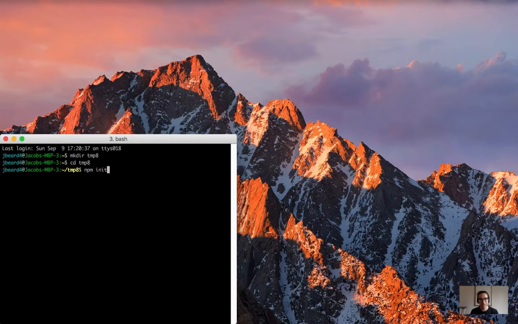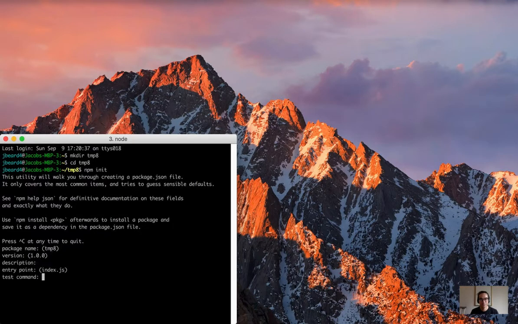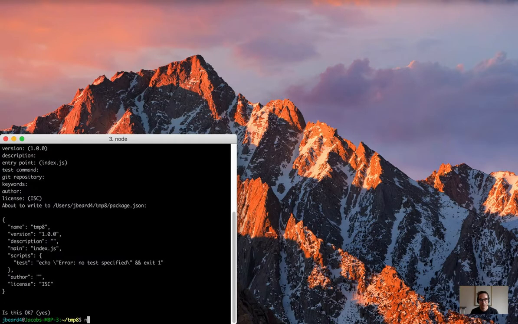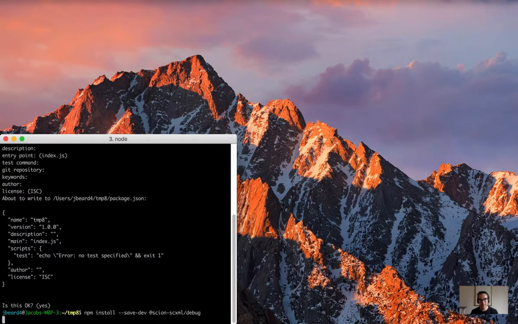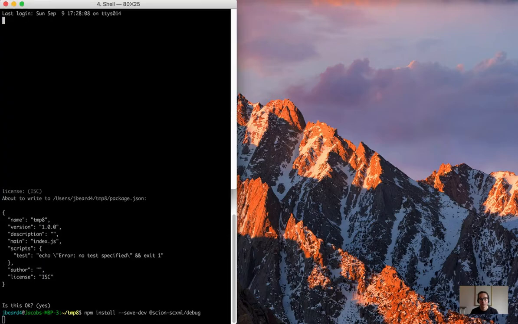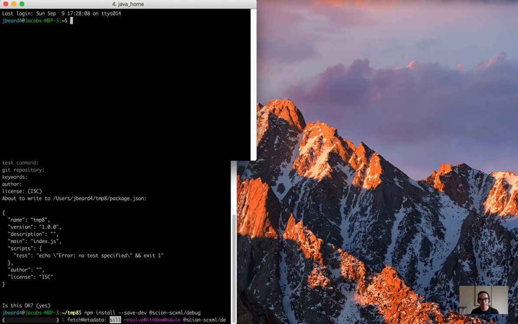and initialize a new npm package, package.json, and install the SCION SCXML debug package. And while that's installing,